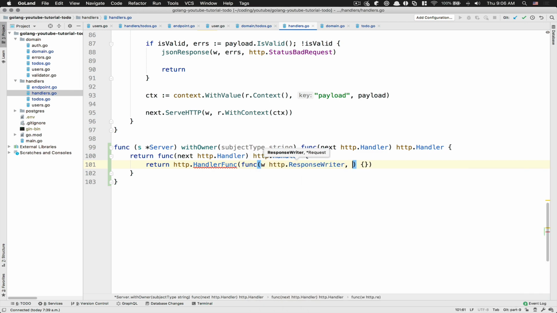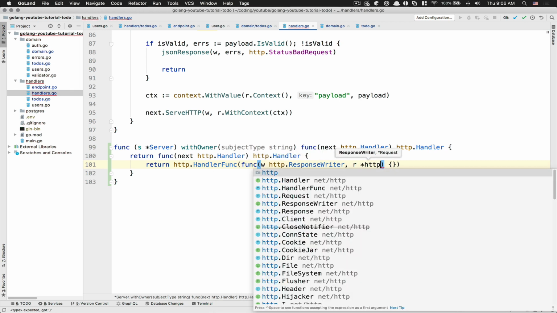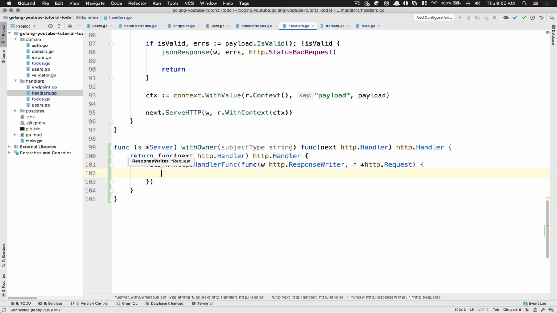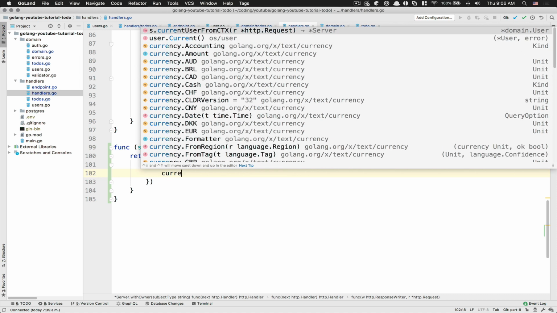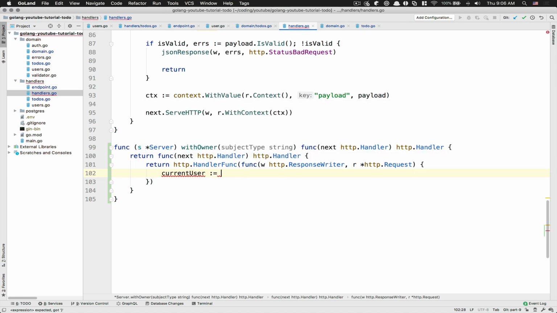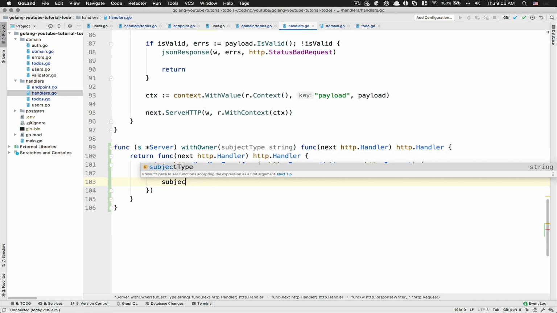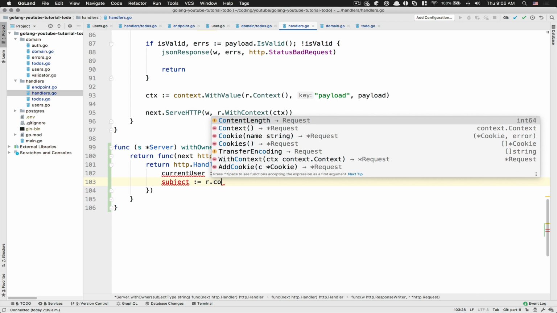To be response writer, pointer to the request. That's it. So now, what are we gonna do? First thing, I'm gonna get the current user from context. After that, I'm gonna get the subject from the auth context